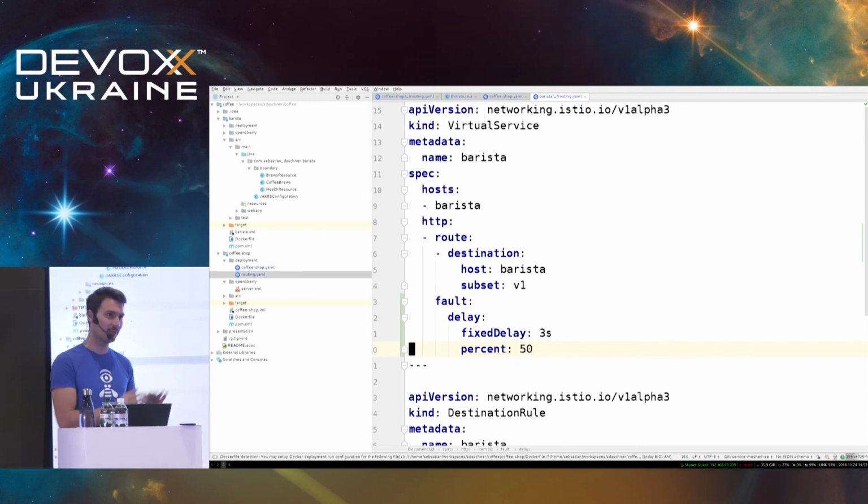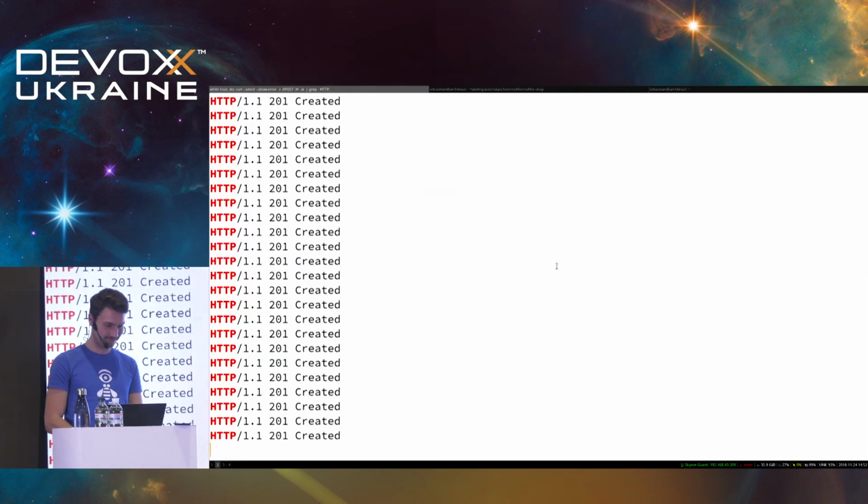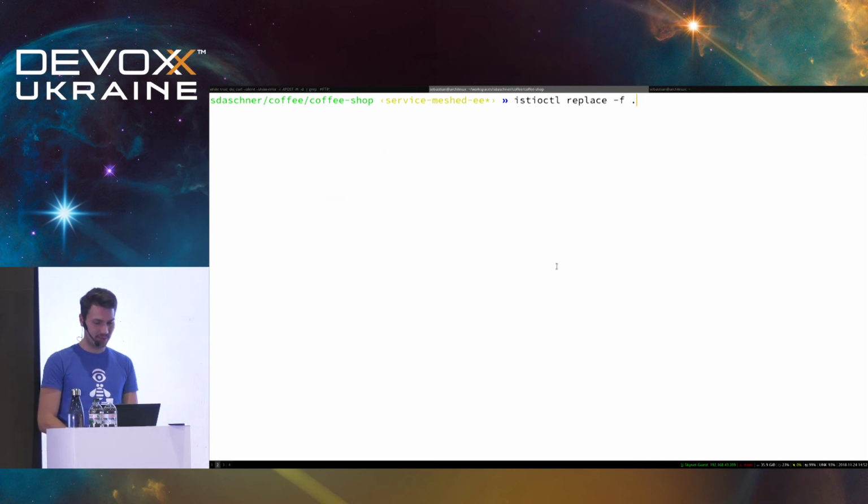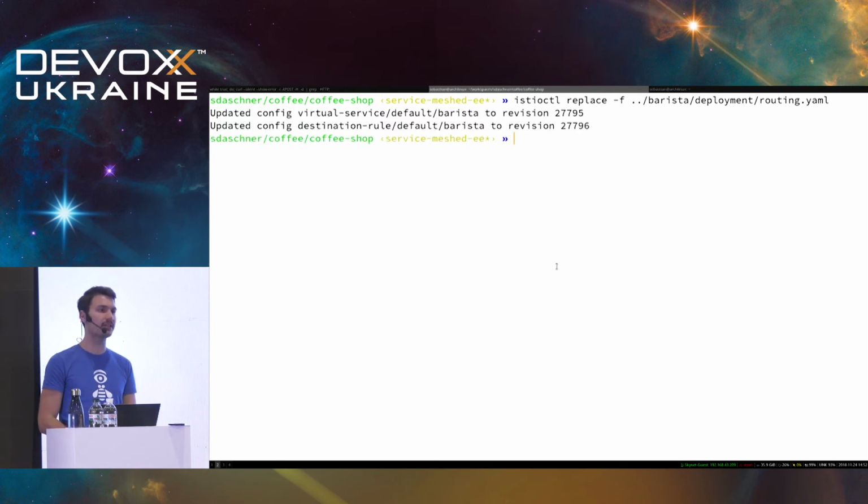Just for fun. Please don't add that in production, but, you know. Or maybe your application is too fast, then you can say, oh, just slow it down a bit. So what we can do, we replace the deployment routing here of that, and then what happens is, now we